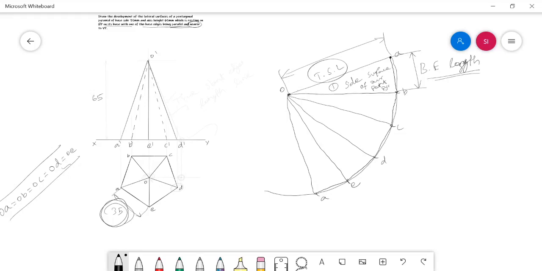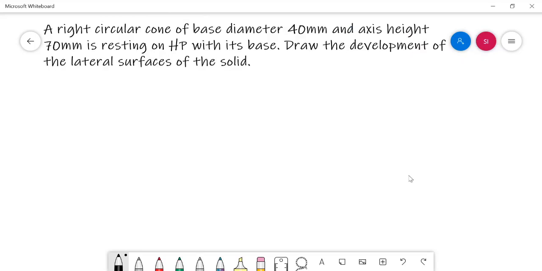Thank you. Now we can learn how to draw the development of the cone. Here the question is, a right circular cone of base diameter 40 mm and axis height 70 mm is resting on HP with its base. Draw the development of the lateral surface of the solid.